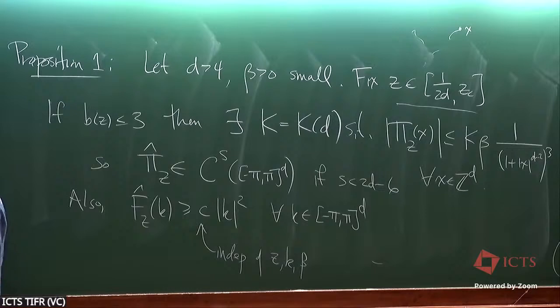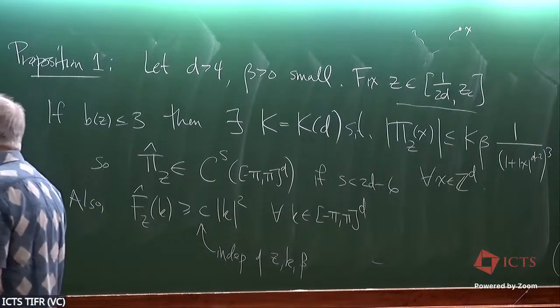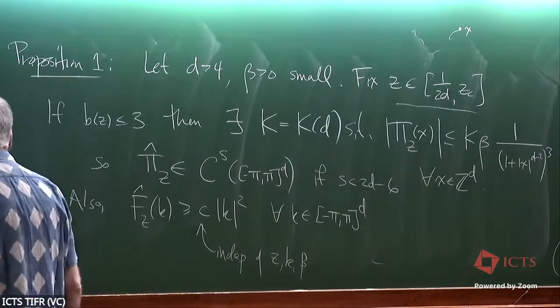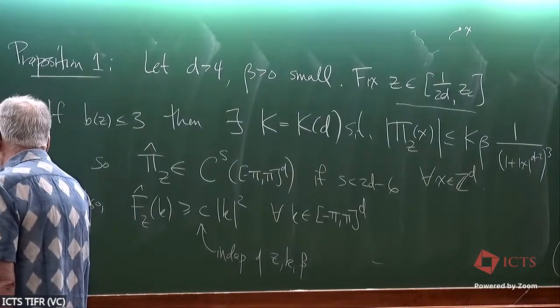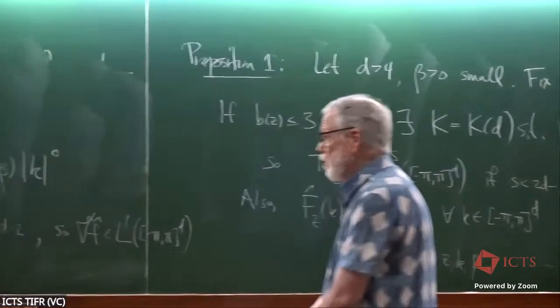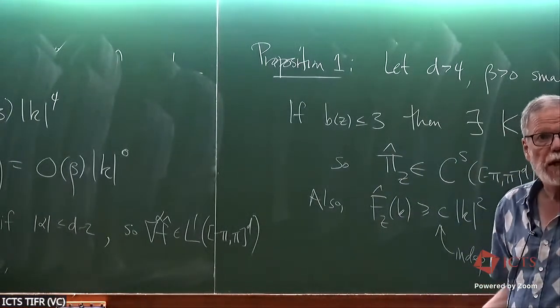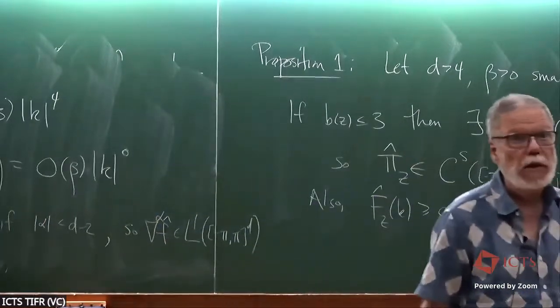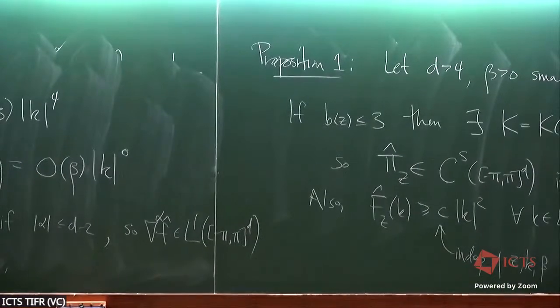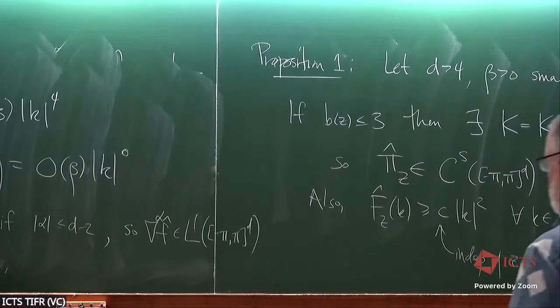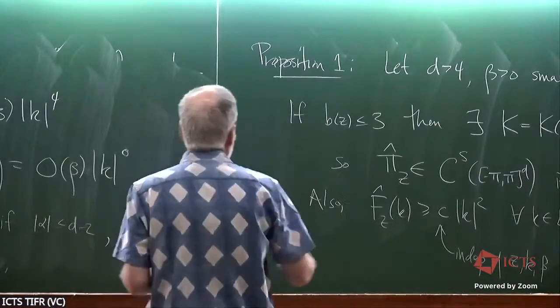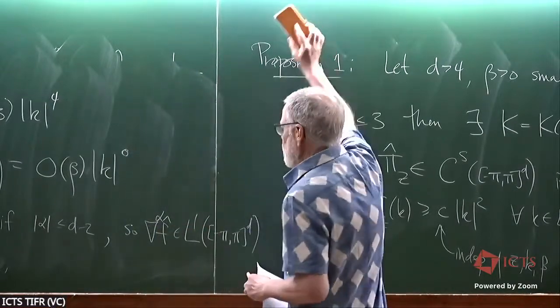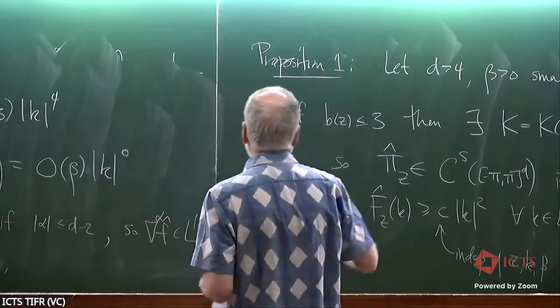Right. So that means that this is integrable. Right? It's like integrable with room to spare. You have 1 over k to the d minus 2. That's integrable at k equals 0 in d dimensions. 1 over k to the d minus 1 would be bad. It wouldn't be integrable. 1 over k to the d minus 2 is fine. No, I guess 1 over d minus 1 would also be okay, but there's reasons why I can't take more derivatives than that.